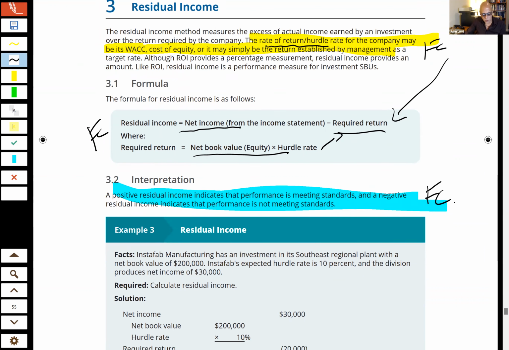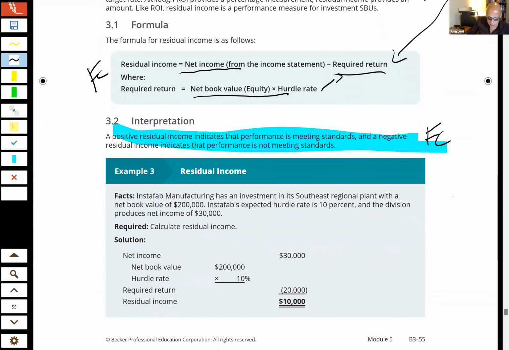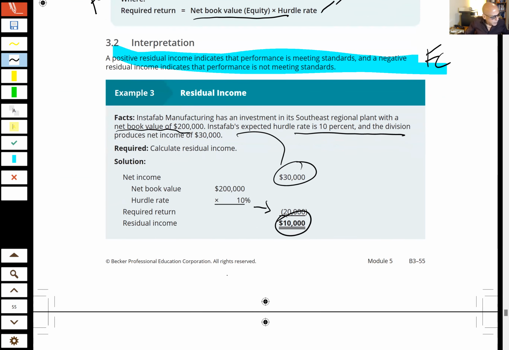And then let's look at this. It's pretty straightforward. They give us the net income. You want to see to what extent the net income is exceeding whatever that hurdle rate is. They tell us that we have a net book value of 200,000 and the hurdle rate is 10%. So here they just gave it to us, and we have residual income of 10,000. Okay. Now you come over and